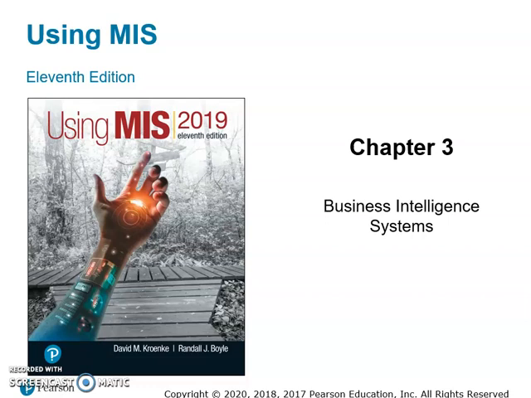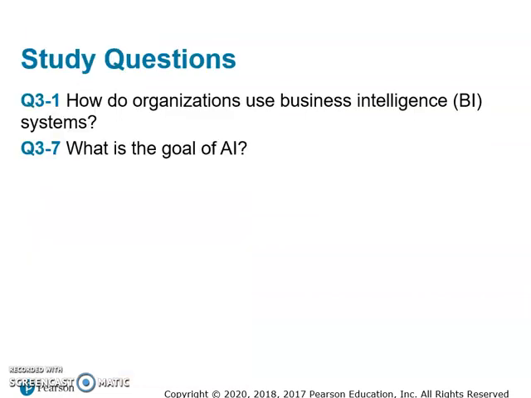All right, MIS 102 students, Chapter 3, Business Intelligence Systems. Business intelligence is probably a new term for you, and that's okay if it is. It's only been the past couple of years until businesses really embraced BI and started integrating BI and artificial intelligence